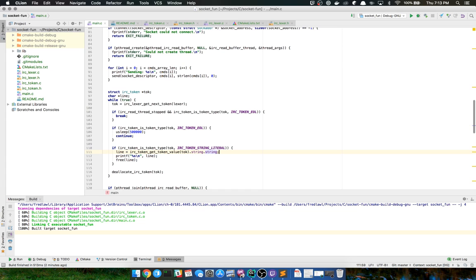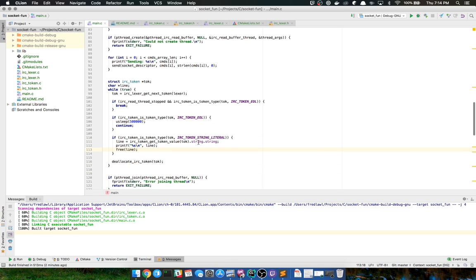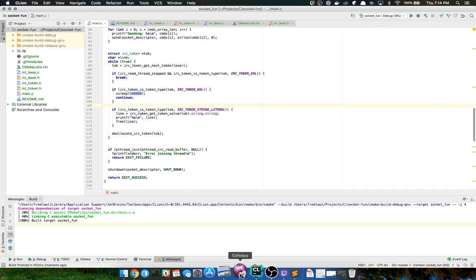Dot string. All right. So okay, what this should do is show every prefix that comes through. Otherwise, it's going to ignore it. Let's hope this builds. It does.